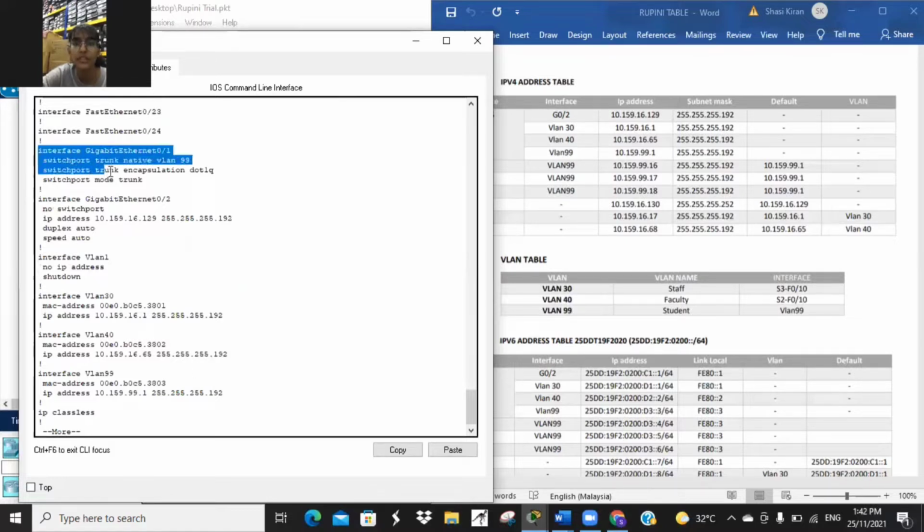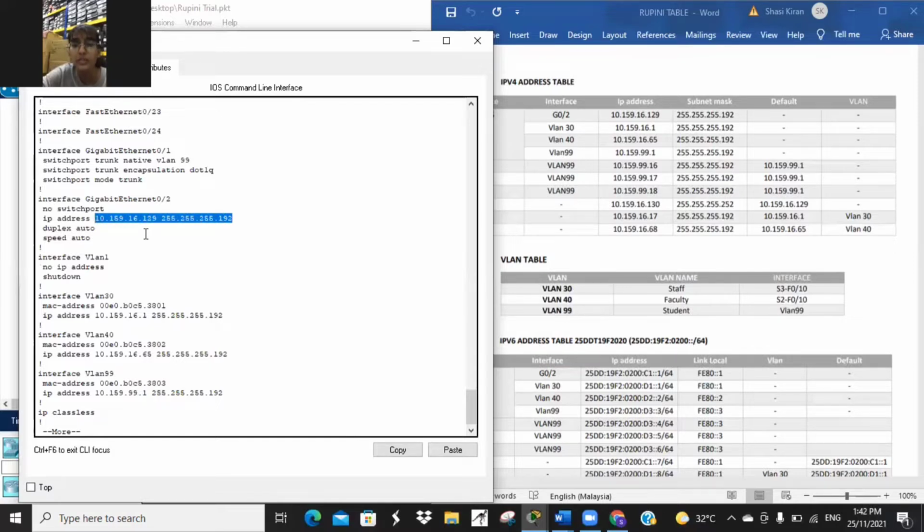Here we can see interface gigabit 0/1. I'll assign switchport trunk native VLAN 99, switchport trunk encapsulation dot1q, switchport mode trunk. And for the interface gigabit 0/2, I'll assign the IP address